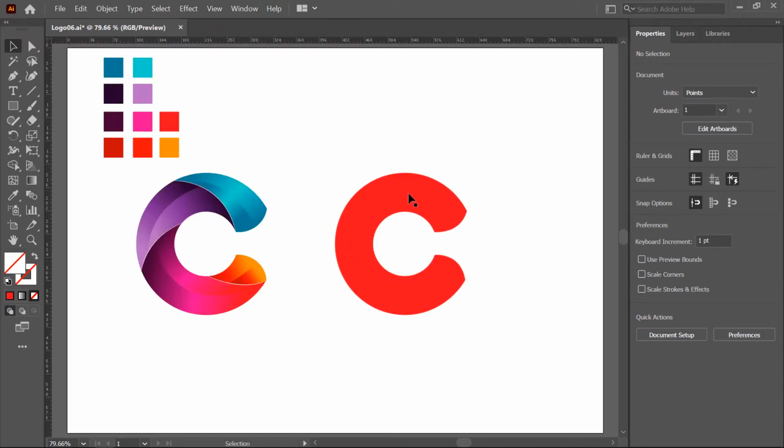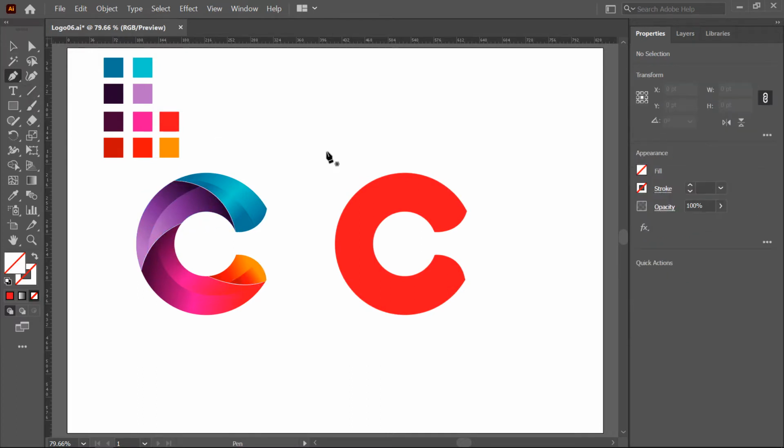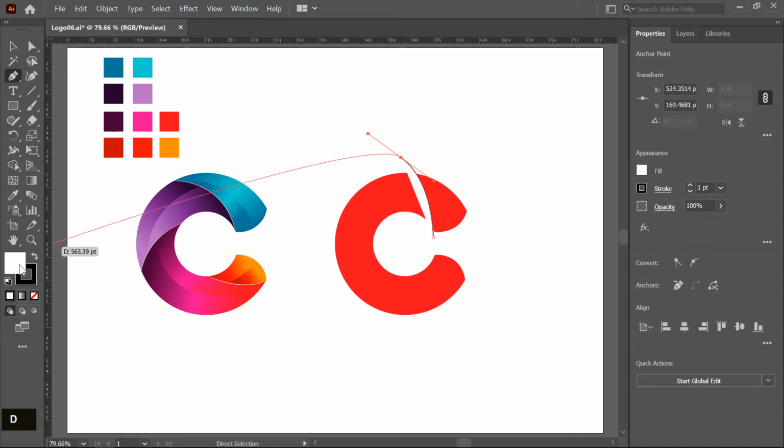Now I create a curve to divide this shape into 4 different pieces. I choose the pen tool and start creating from the outside, and the second point should be outside. So I start creating from this point and create the second point at this area. Okay, and this outline has no color, so press D key, D for default color, and fill color is white and outline color is black, but we do not need this fill color, so I click on the none button. So only the outline color is here.